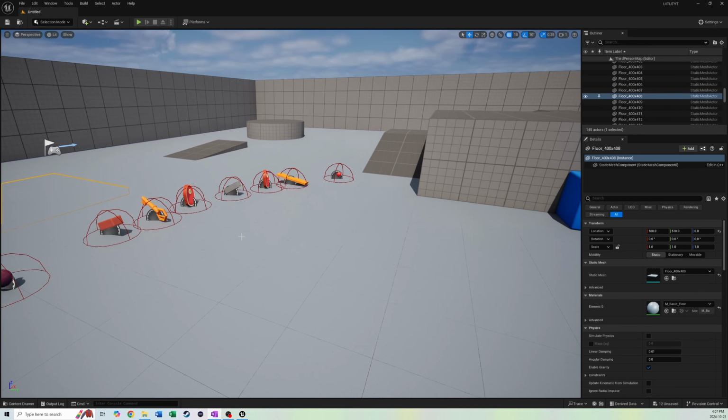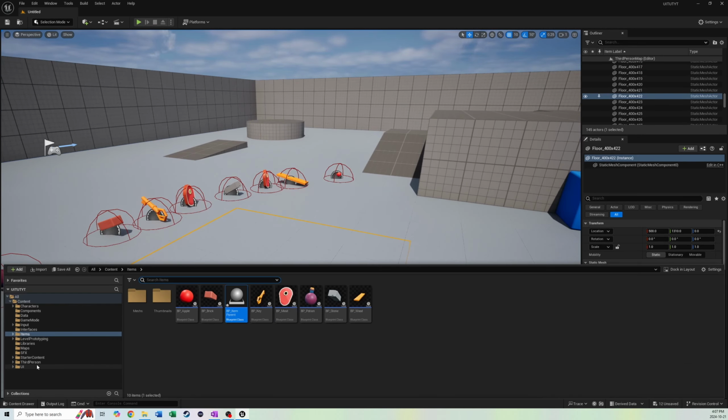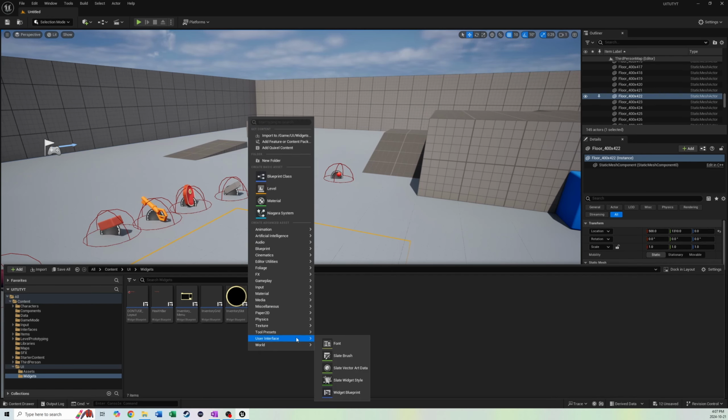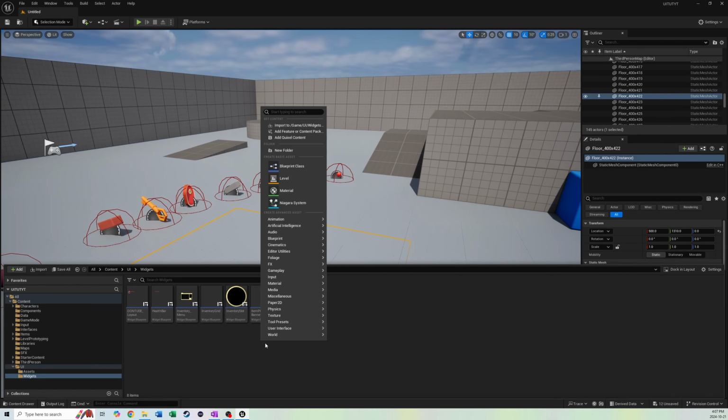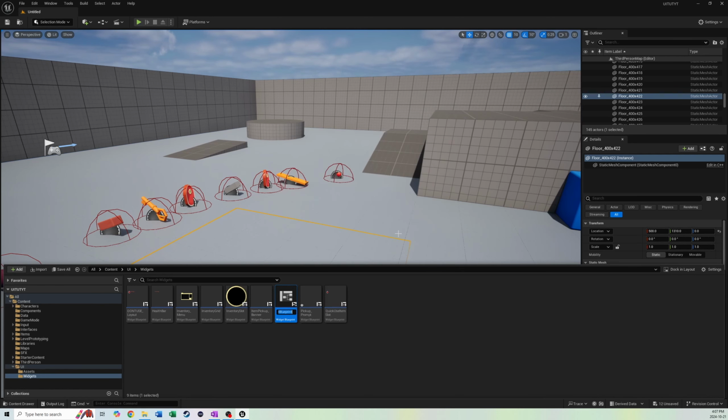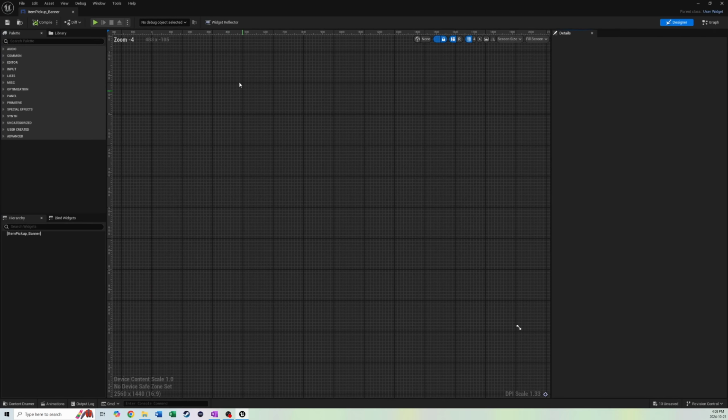So first, let's make the two widgets that we're going to be dealing with inside our UI widgets folder. So new user interface, blueprint widget, and we're going to call this one item pickup banner. Banner has two R's because why not? We're going to make another user interface widget blueprint, and we're going to call this one item pickup underscore log. We're going to start inside the banner, because the banner is going to be what is going to go into the log. So first things first, we will do a size box